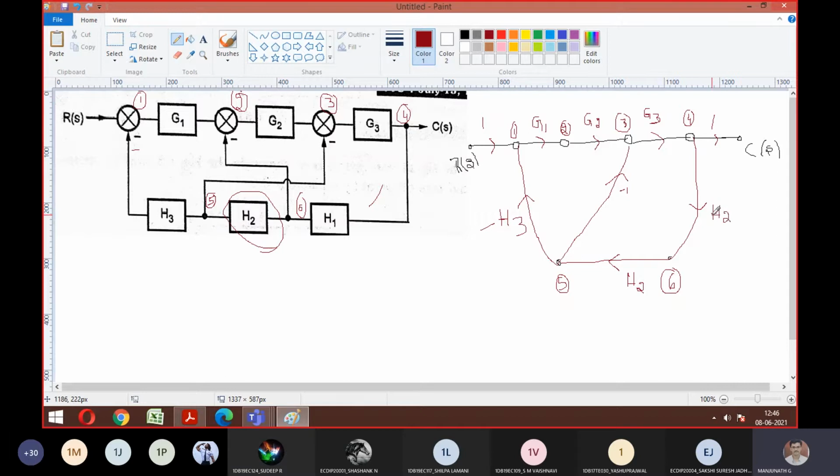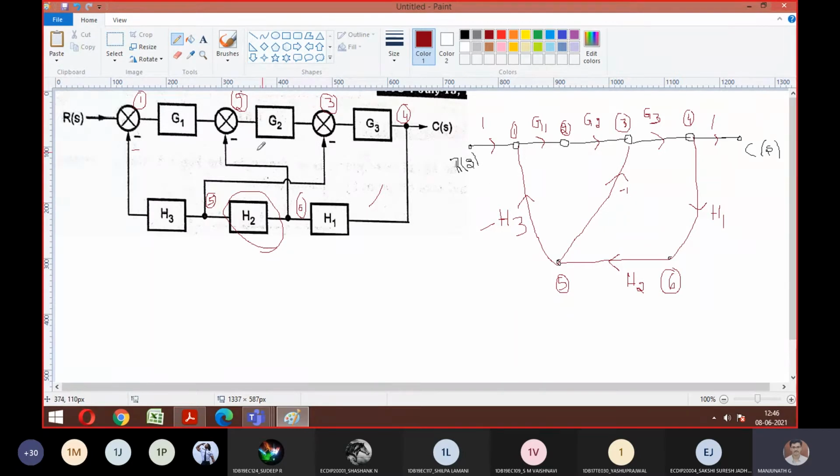So since it's a feedback path, if you don't mention it, see, that is what is going to happen in the exam. Since they're not mentioned, you will make a mess. So always remember, whenever H1, whenever they give the feedback path, you can represent the arrow mark from output to input.